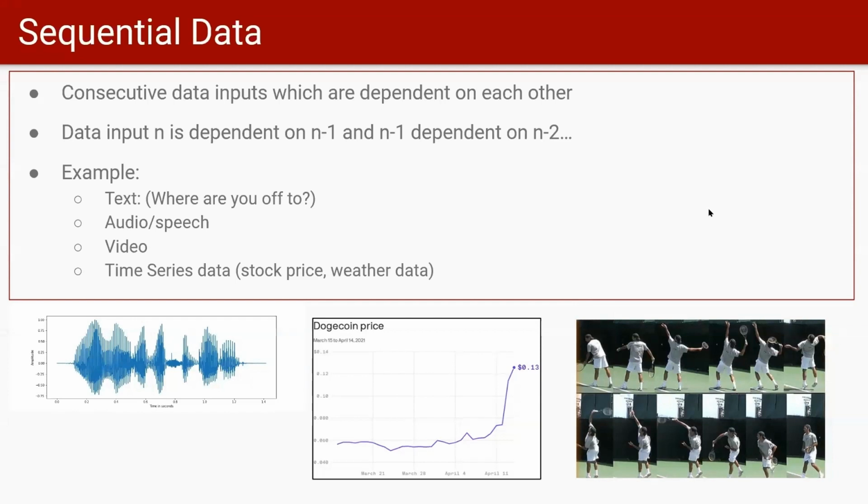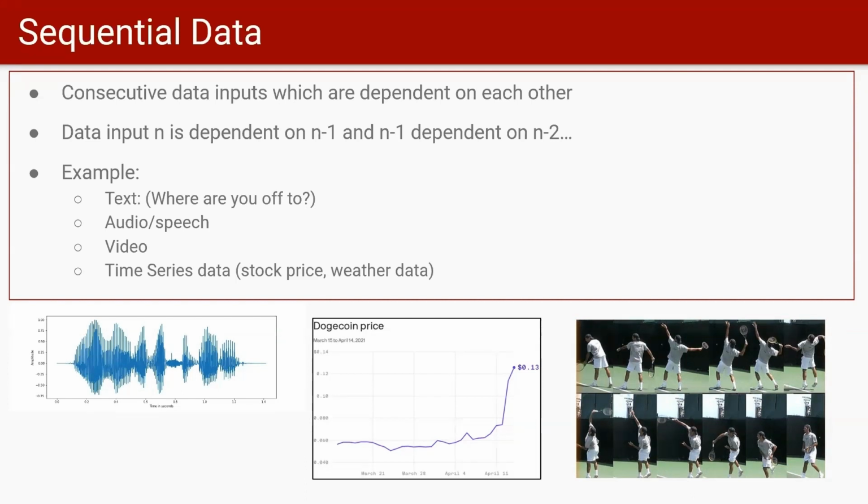Now, what is the sequential data that we're trying to learn from and predict on using RNN? Sequential data are streams of input data where you have one input data point dependent on another input data point. It's the kind of data where previous input plays a crucial role in determining the next input. For example, in texts or sentences, the current word to some extent determines the next word or the next set of words. Same with speech, we have word stress and pitch variations, which are expected to follow a certain tempo